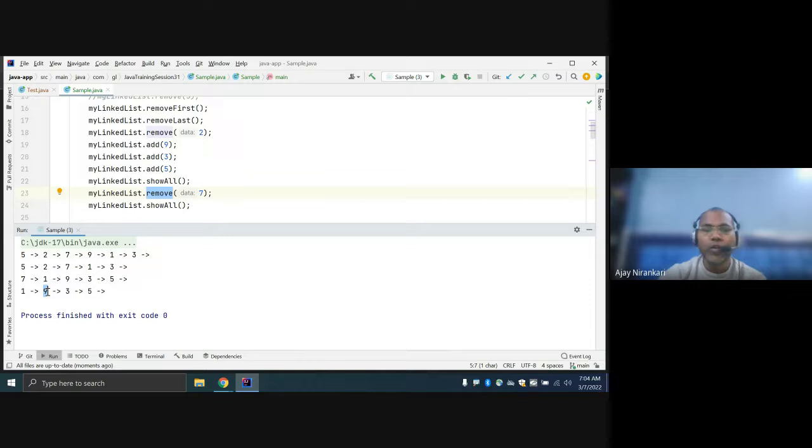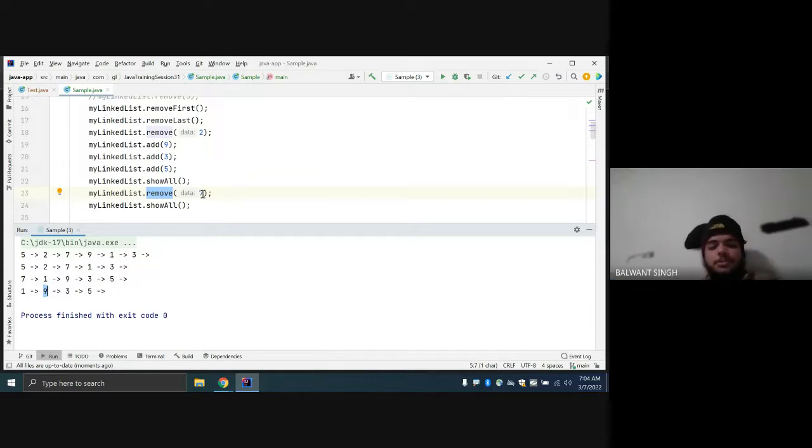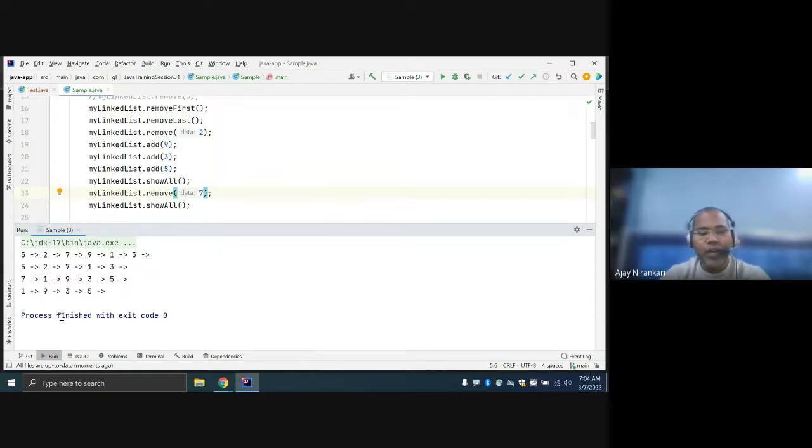I don't know what the data is, but position means, suppose in the line 1 5 2 7 9 1 3, third position means after 2. Because sir, the positions are in an array, and here we can't say this is position. But as a human being, if you read this, you can say this is the first, this is second, this is third, this is fourth, this is five, this is six, right?